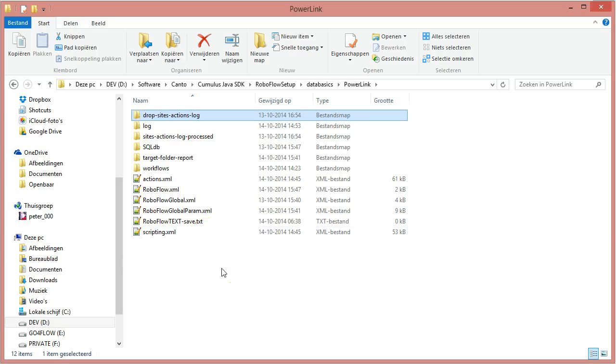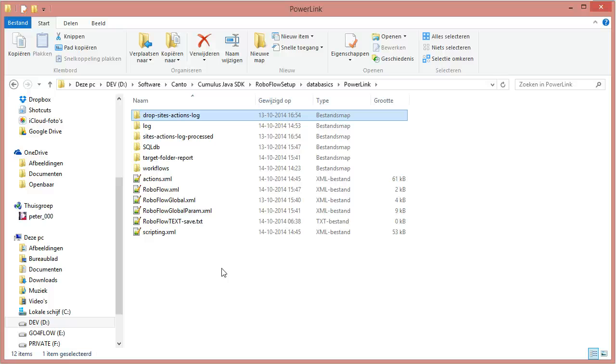I installed on my computer a daily Windows task schedule that automatically copies the sites-actions.log at midnight to just before midnight to this folder, and then 5 minutes after midnight I run this import